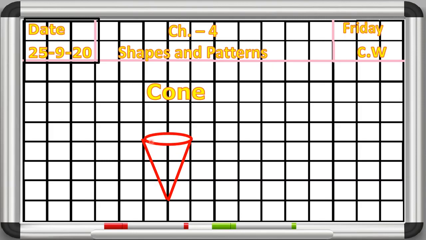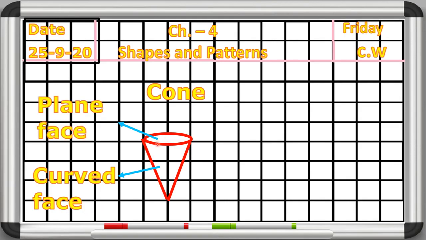And now we will count how many faces this cone shape has. Okay, so number 1, this is the curved face like this. Jo ye hamara cone hota hai iska curved face hai ye. So here we will write CURVED curved face and this is the plain face. Okay, so here we will write plain face.